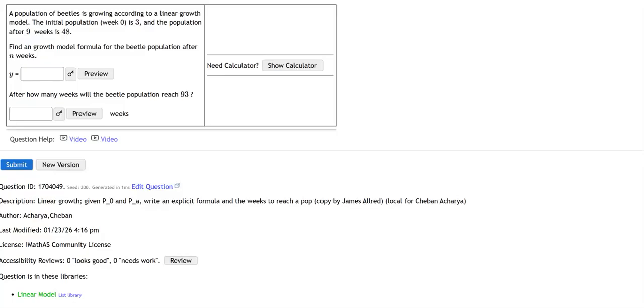Here, the population of beetles is given at 0 week is 3. So basically, here week and the population, and 0 week population is 3. That's why it tells you. And the population after 9 weeks is 48. So after 9 weeks, population is going to be 48. So remember that week here is n. So n represents week, and the population is going to be